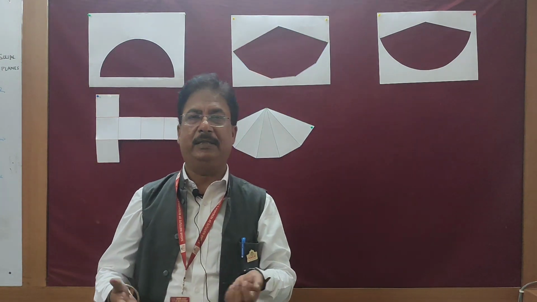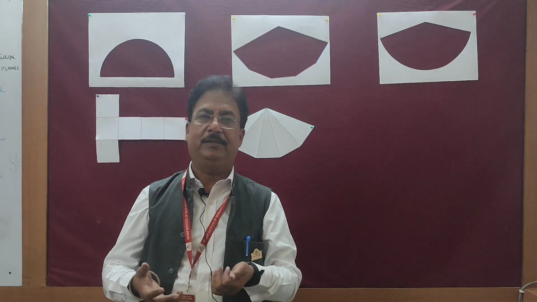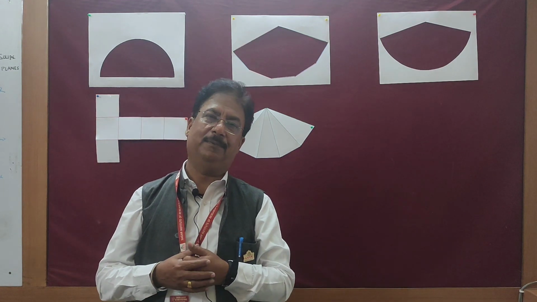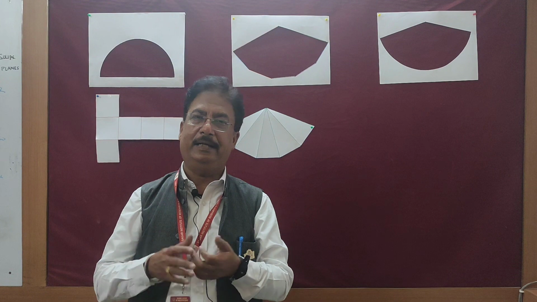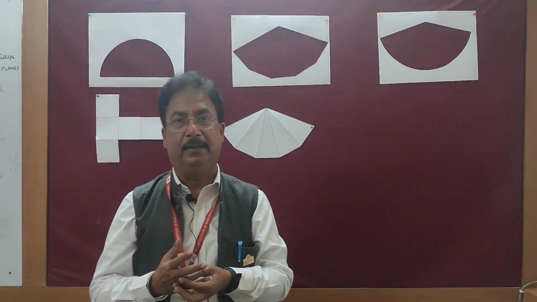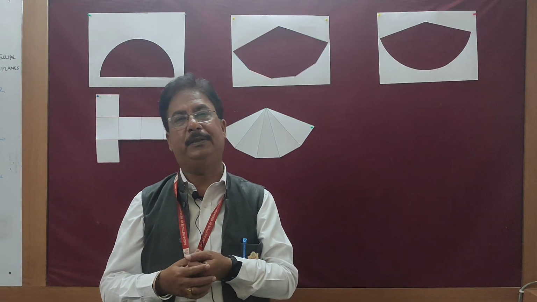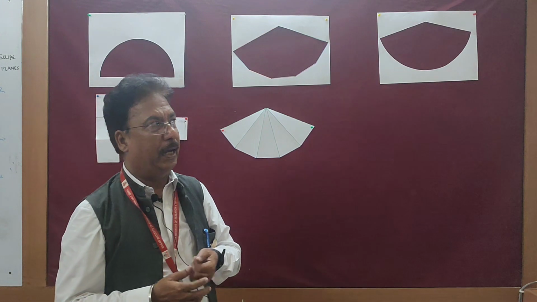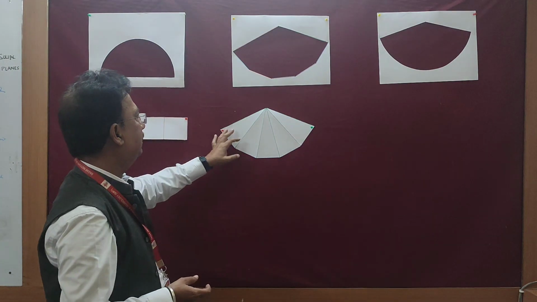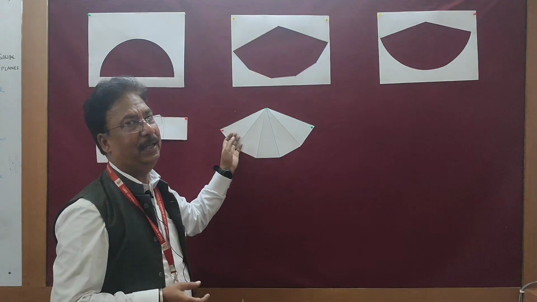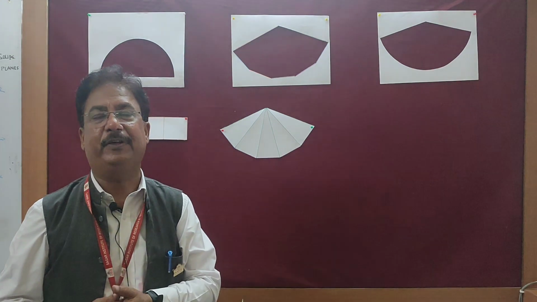Now the festivals are coming, Dussehra has just gone, Diwali is coming. During this festival time, you will bring some sweets from the market, and if you remember, that sweet box will be in the shape of a cuboid, right, a hollow box. There will be a lower part and an upper part. I have used two methods. This is the parallel line method, and this is the radial line method, because we are developing in the form of an arc.